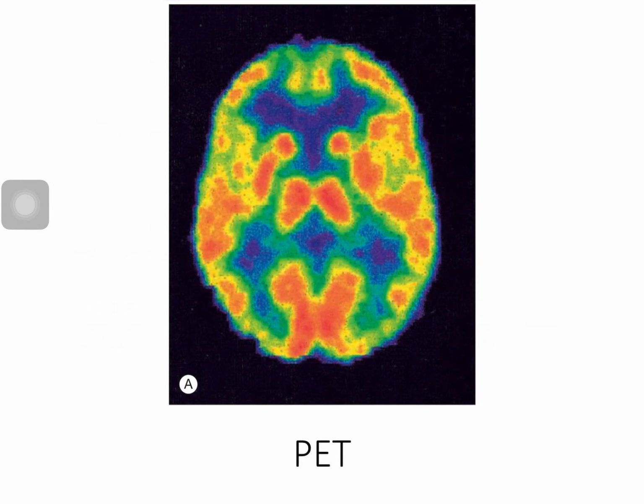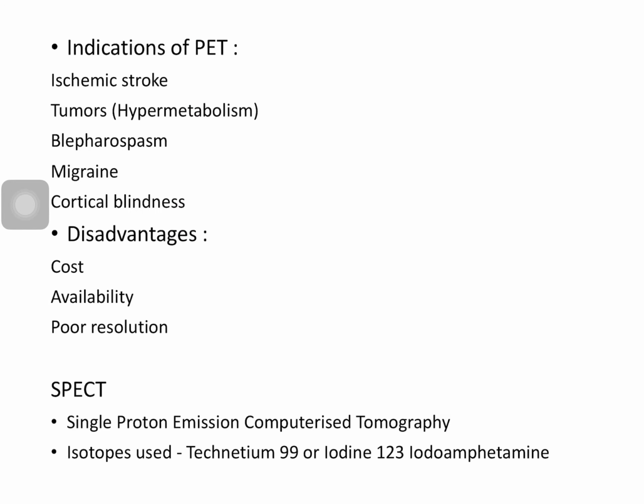So this is how a PET image appears. The areas that are appearing in red, the redder the area, the more is the activity of the brain. Bluer the area, lesser is the activity of the brain. So red is most active. So where all can I use PET scan? It is basically a functional scan. I can use it for ischemic stroke, to evaluate the metabolism of the tumor, to discuss the etiology of blepharospasm. Migraine is another indication, and perhaps the most important indication is cortical blindness. So say for example, I'm suspecting cortical blindness in the patient, which is blindness at the level of the occipital cortex. If I do not see functioning on a PET scan, then that means cortical blindness again becomes a diagnosis.